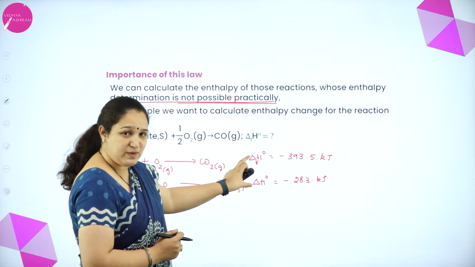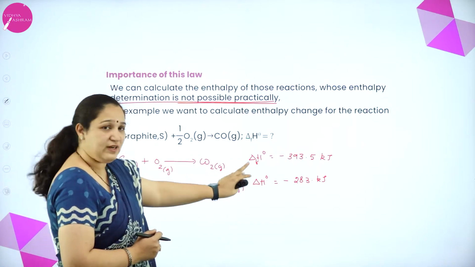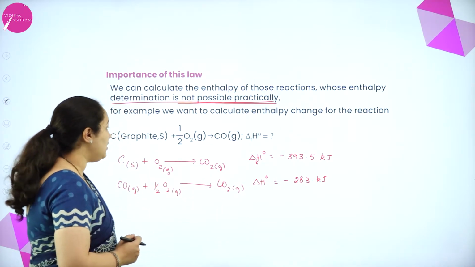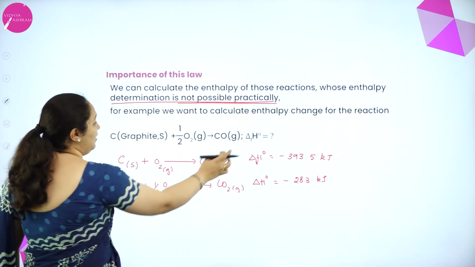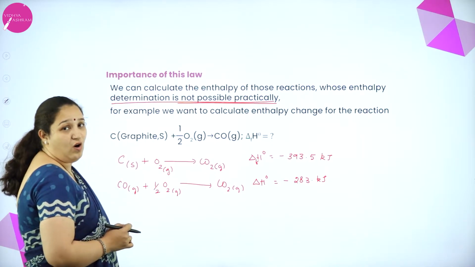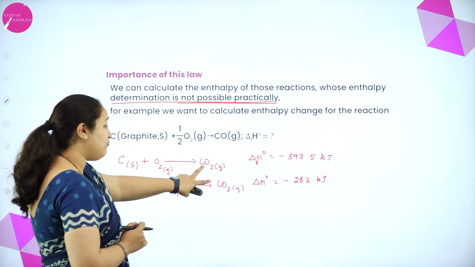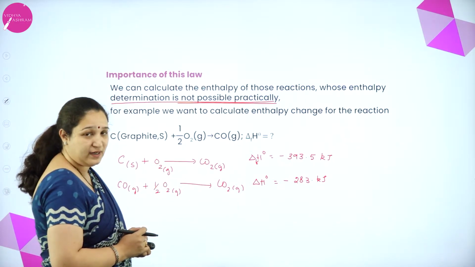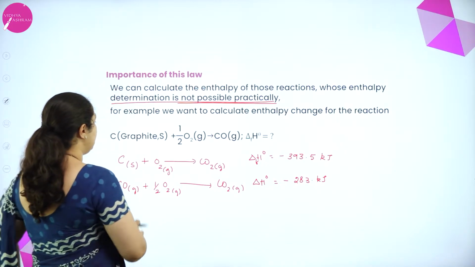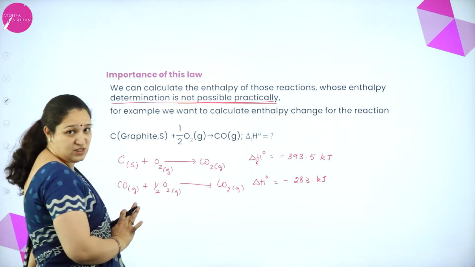and I know the standard enthalpies of these two reactions, and these are feasible reactions. I can calculate this very easily, and this is under standard conditions as well. Now the value I need is delta H of formation of carbon monoxide. But I have both for carbon dioxide. So how will I get carbon monoxide? First see the reactant side. I want carbon and half oxygen.